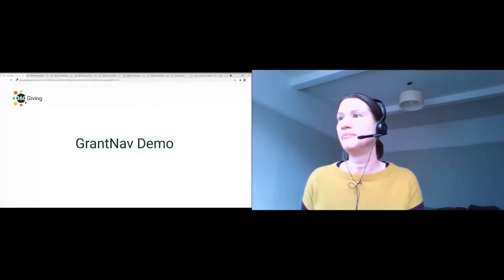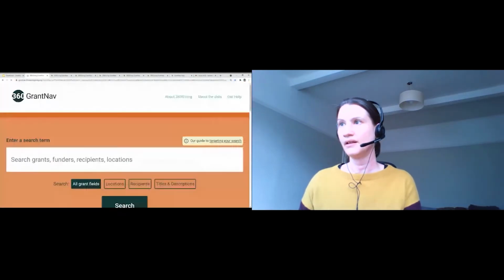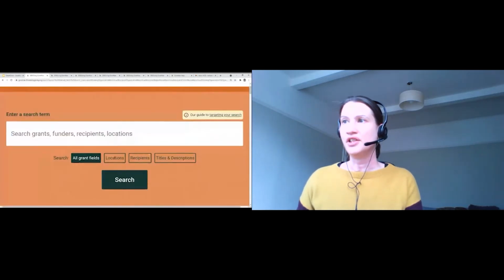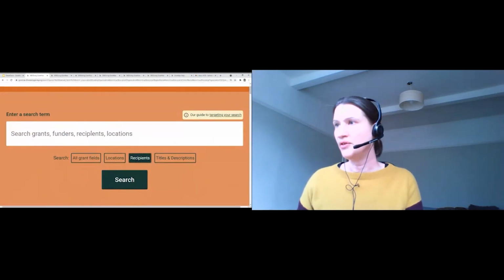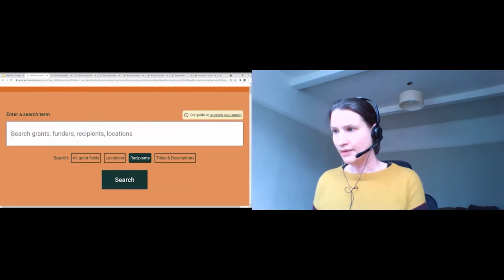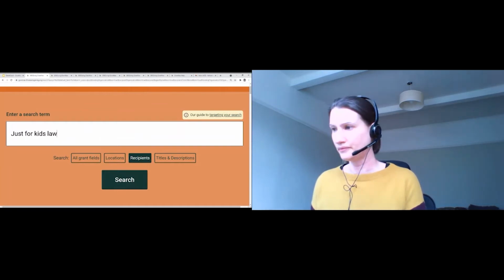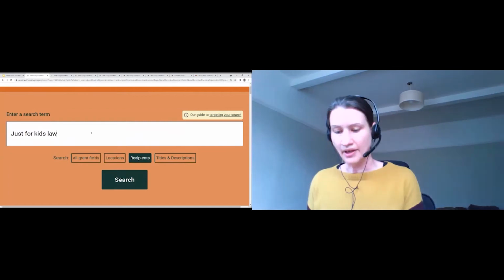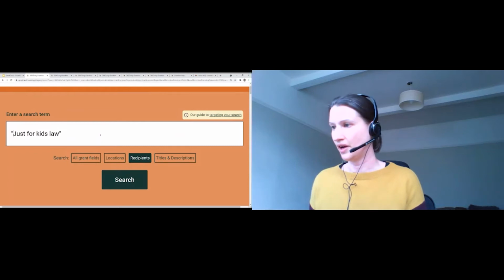So if we go back into GrantNav, into a search, the first thing we're going to do is filter by recipients by clicking that button. So we know that we're just going to be searching inside that field. And then we're going to add the name of an organisation. I'm going for Just for Kids Law, but I'm going to put it in quotation marks because I want to be really specific about this search so that I'm just finding those results. So if I click search,